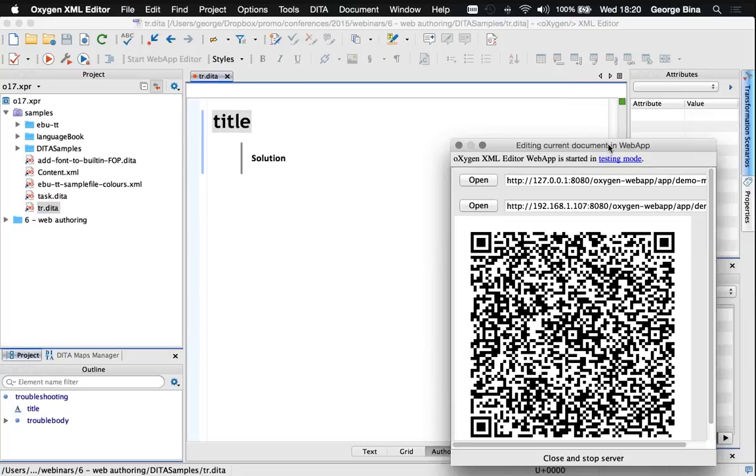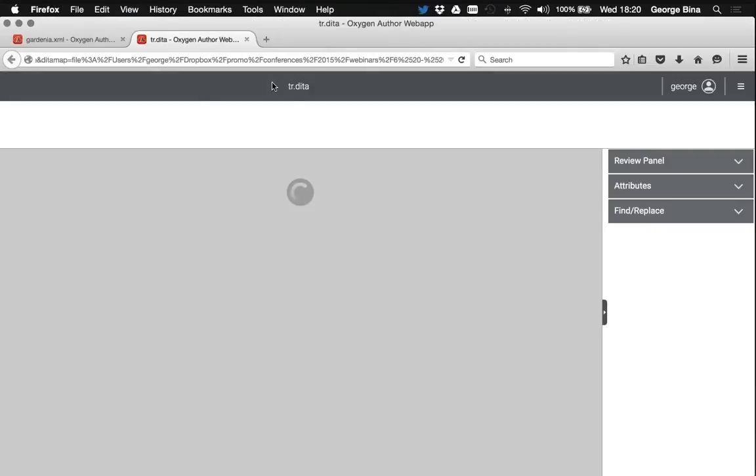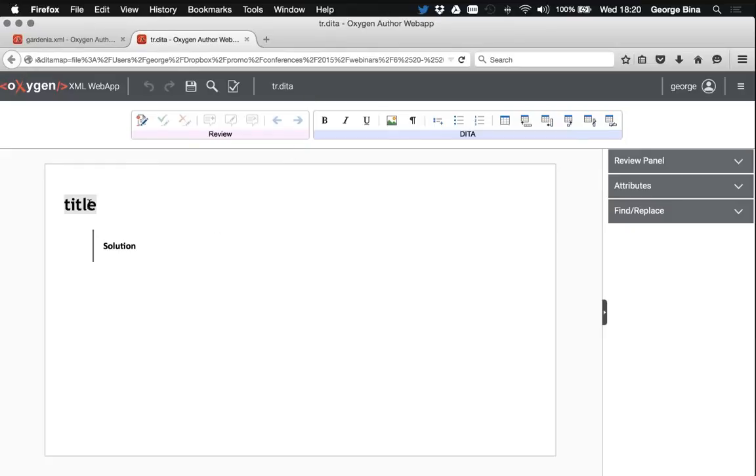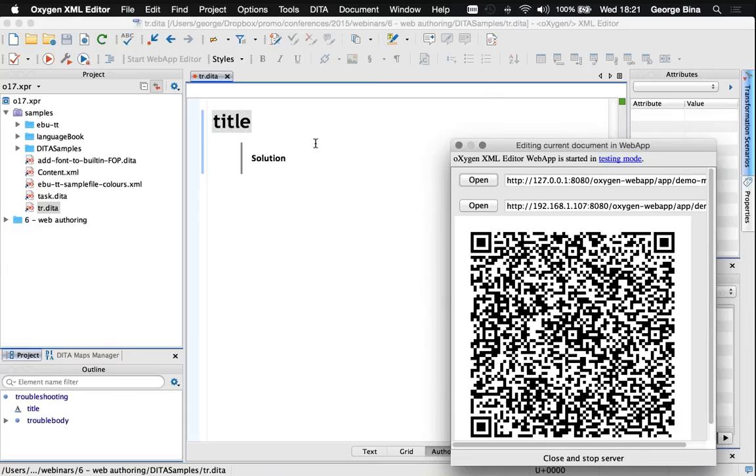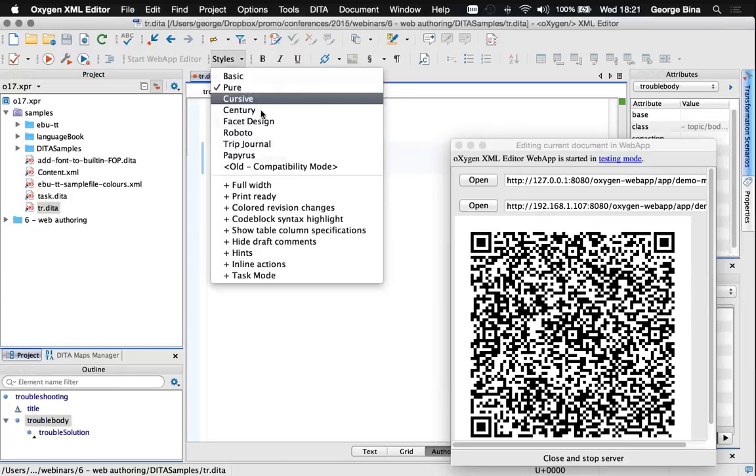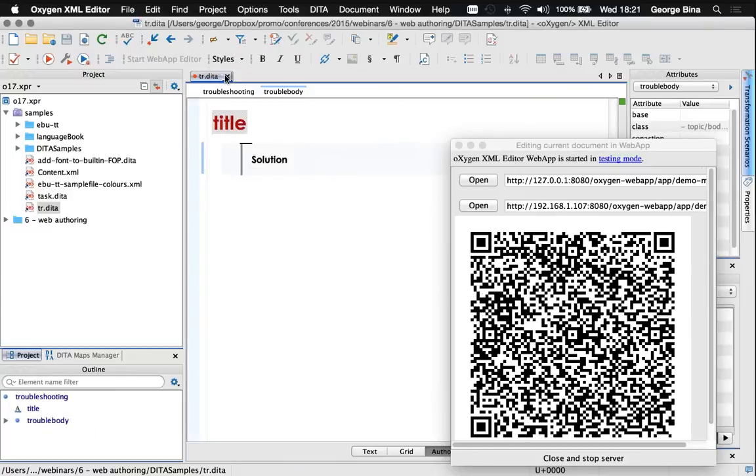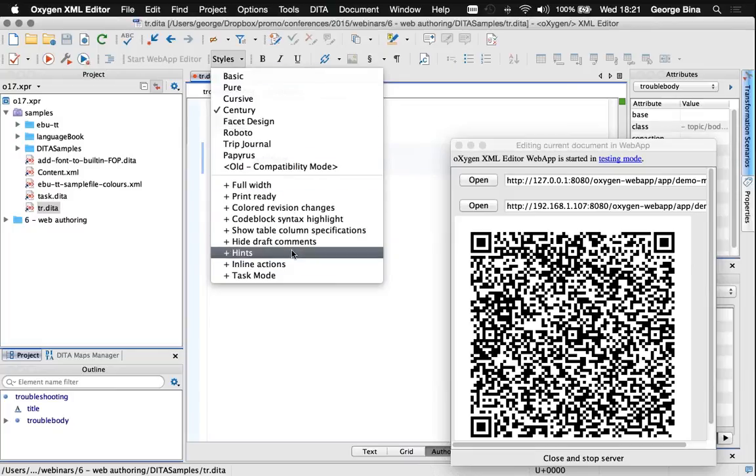So this is the window that presents these options to open this URL. And this URL will point to the document that I have open in oXygen. So if I click open now, we see this troubleshooting topic opened in the browser in Firefox. Now, if we change, let's say we want a different rendering, and then oXygen provides this guided